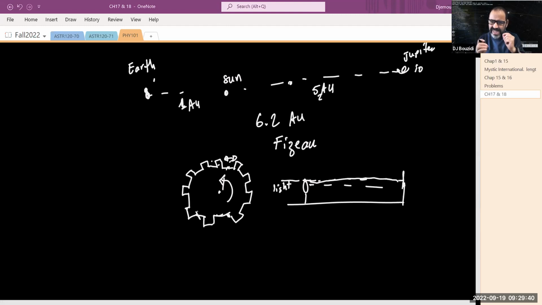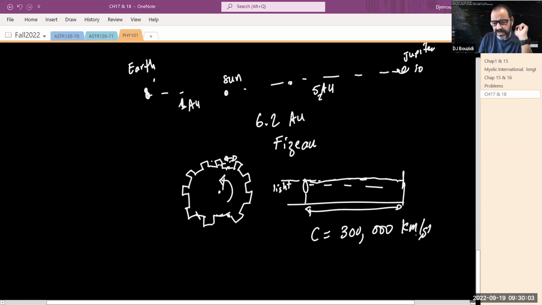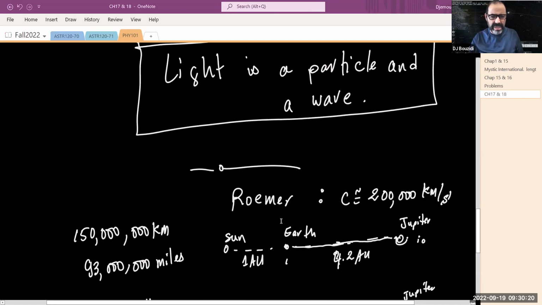Then in this case, he can find the right frequency where light would have traveled back and forth, and the gear would have spun just enough. And he knows this distance, of course, that's part of his experiment. He can find the speed of light. That is when he came up with a better number for the speed of light, which is about 300,000 kilometers per second. He had some errors in it initially, and the experiment was refined further and further. Today, the number is actually 299,794 or something like that kilometers per second. But usually in calculations, we take it to be 300,000 kilometers per second,